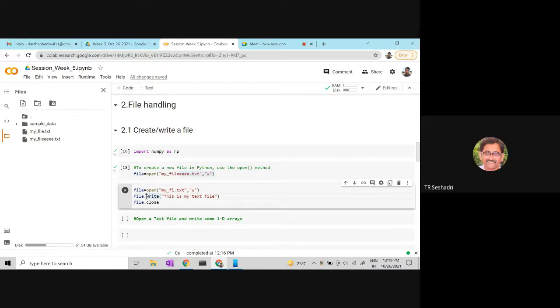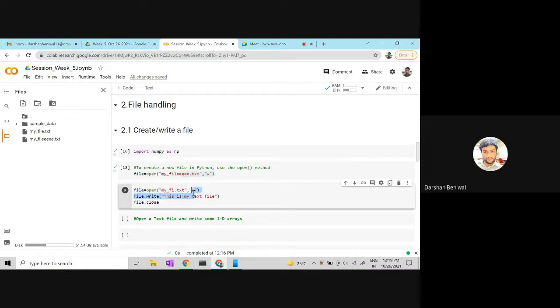I have a doubt here. There are two things. One is called file. The other is called my_file.txt, which is the name of the file. So then, where does it say that it has to write into that file?